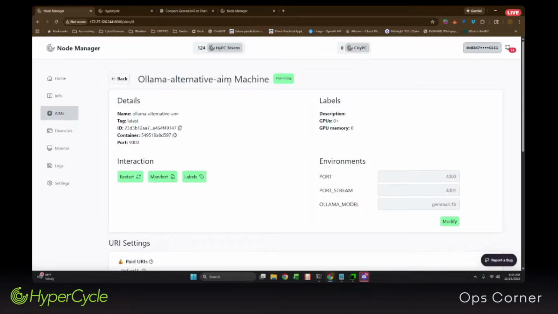I am using the Ollama alternative AIM that gives me access to these other models. Notice right here where it says GPU plus. When you see that symbol in the label of an AIM, what that tells you is that the deployment of the AIM is not making a GPU mandatory, but it will use it if it's there. Some of these